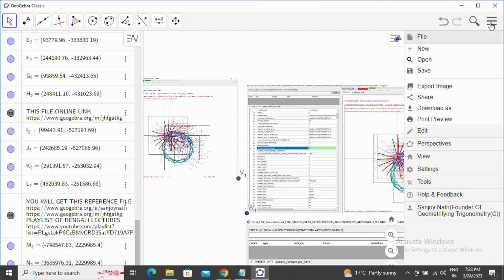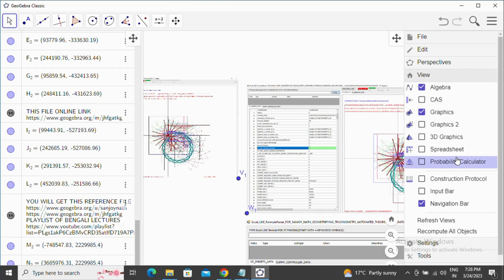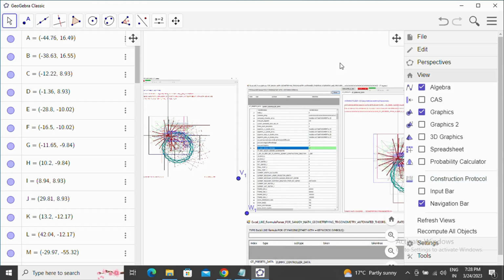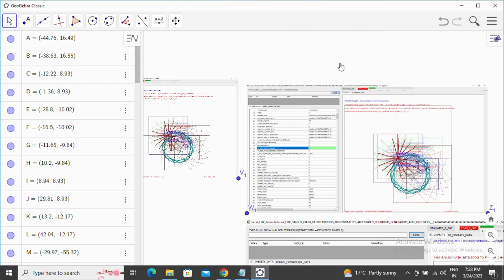The construction protocol generation is always available in the GeoGebra system, where if you turn it on, you can see the construction protocol, the sequence of the operations that we have done to prepare this document or any kind of simulation. That helps everyone understand what is done stepwise to get an image or get a logic in the geometry, the Euclidean geometry logic. We will talk about only Euclidean geometry and the construction protocols, which we will generate automatically from given trigonometric